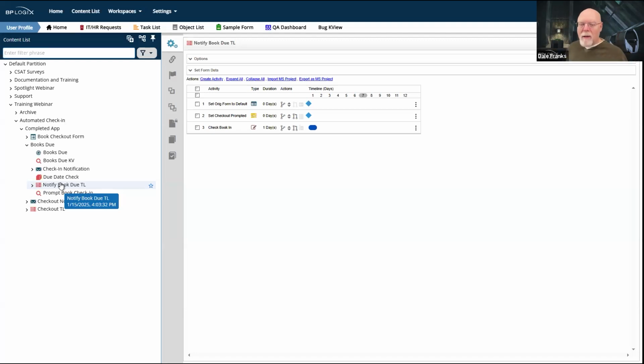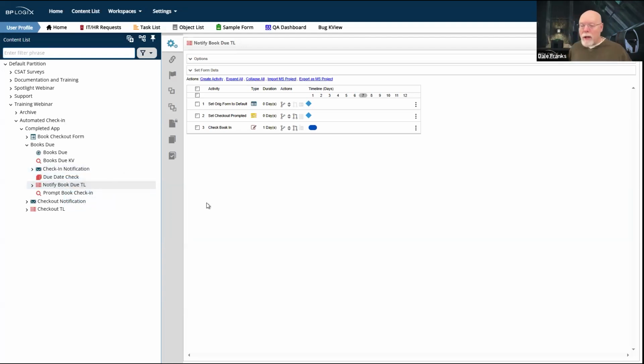Just keep in mind that what we are doing is associating the same form instance with two different timeline instances, not just two different timeline instances, but two largely unrelated timeline instances. So if you are going to want to run any management K-views on this form instance, keep in mind that depending on what the K-view information is that you're trying to return, you're going to have to appropriately filter your K-view to ensure that you return the form instance that's associated with the correct process timeline instance.